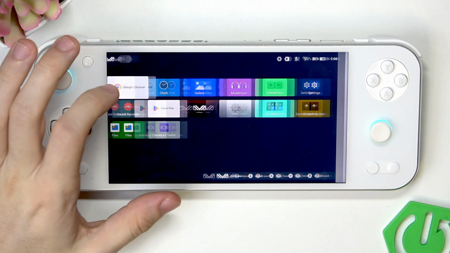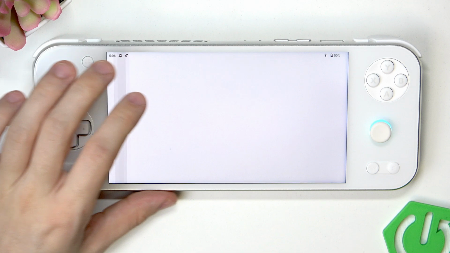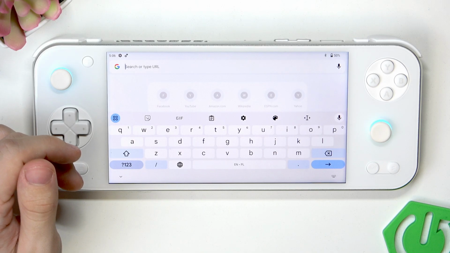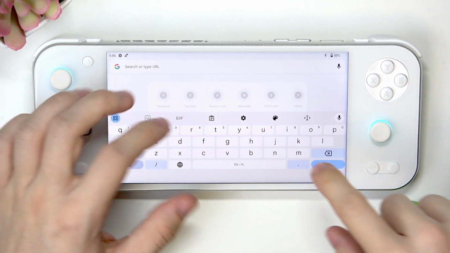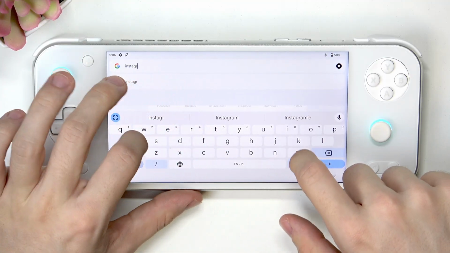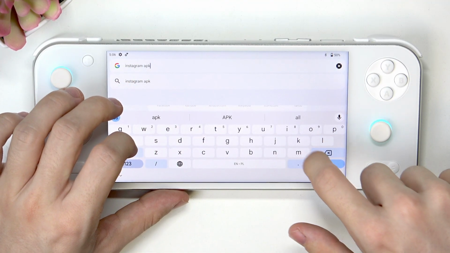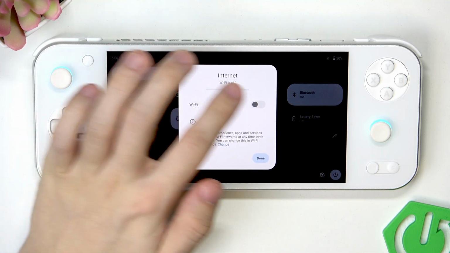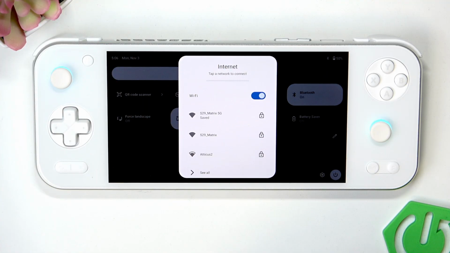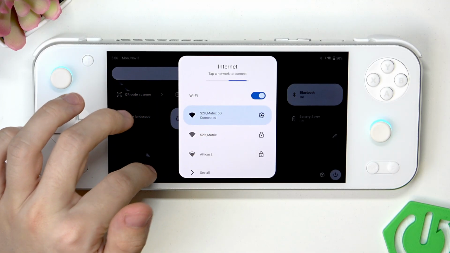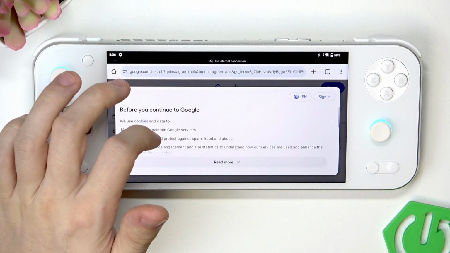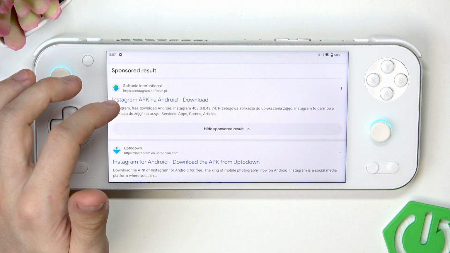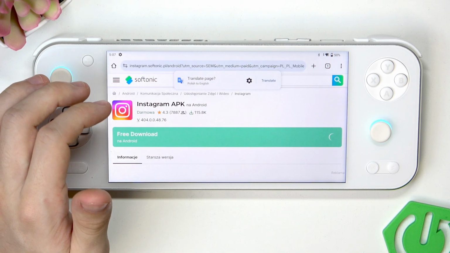Before I do that, I'm going to very quickly try to find an app on the web, like let's say, I don't know, Instagram, whatever. Instagram APK. APK is the file format used for... I don't know why my Wi-Fi is off, but let's try turning it on. Yeah, let's try getting the